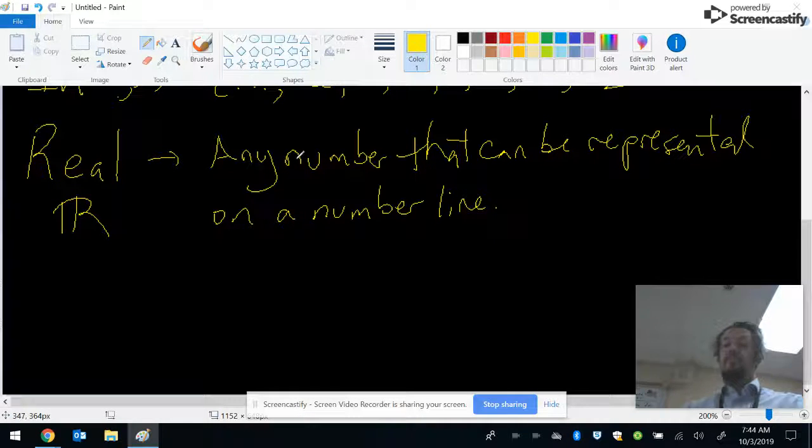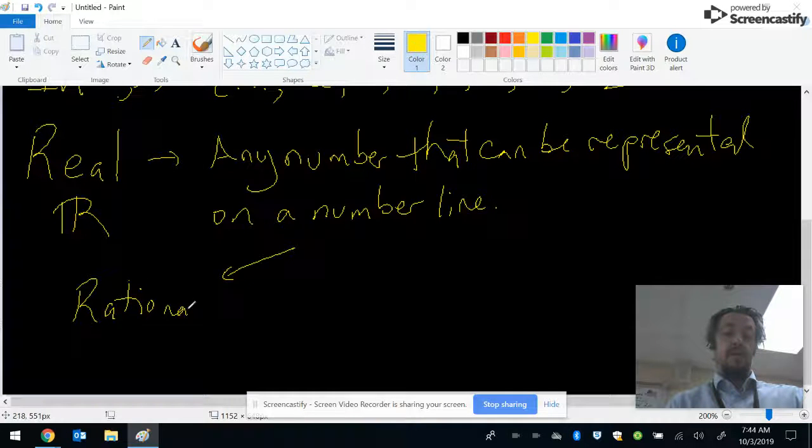The real numbers are actually broken up into two kinds of subsets of real numbers. One of them are the rational numbers, and the others are irrational. And